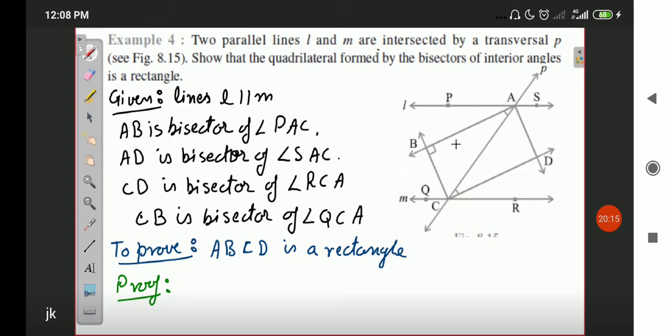See, what I'm going to do is on line M, at point C, there are four angles. Now, because CB is the angle bisector, therefore these two angles should be same. And CD is also the angle bisector, therefore these two angles should be same as well. Okay. So I'm going to use linear pair at the point C